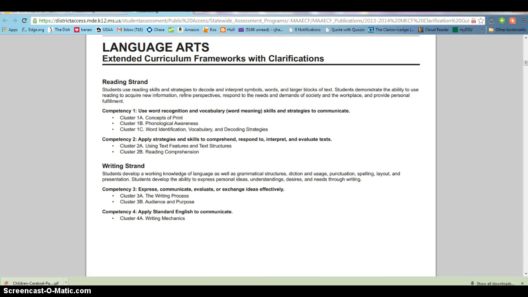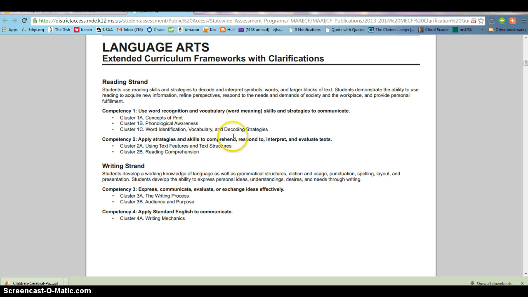So what we look at is we have the state curriculum that has language arts, and it has math, and it has science. And in the extended curriculum, we're going to look at those same areas. And we're going to start by taking exactly what the state curriculum says for typical children. So in the regular state curriculum, you have a reading strand, and you have a competency that says uses word recognition and vocabulary. And then it has three clusters: concept of print, phonological awareness, word identification,